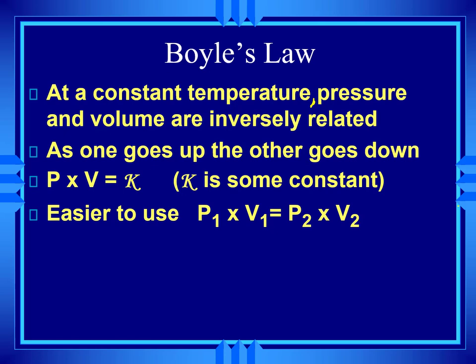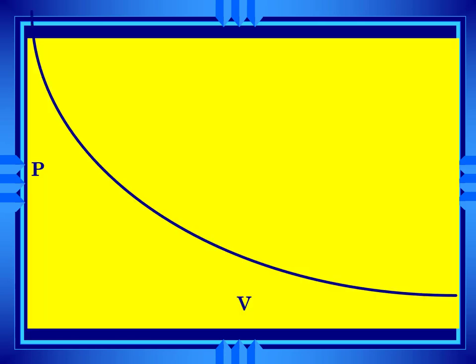Graph-wise, you should get something that looks like that. The graph of 1 over V. We got the graph of 1 over V in your extension, which tended to be a straight line, right? Okay, so,